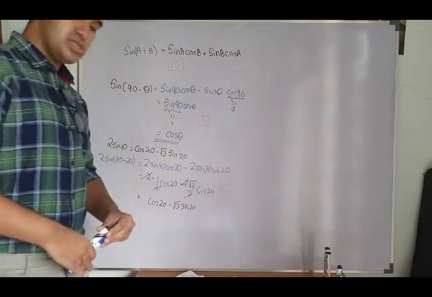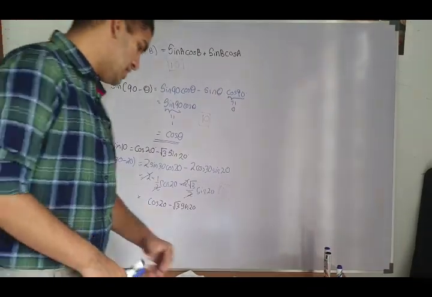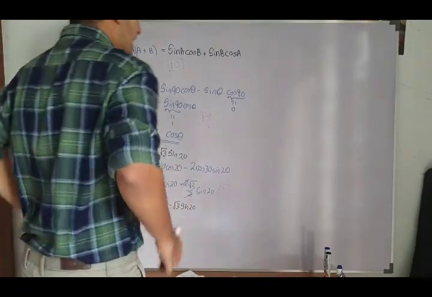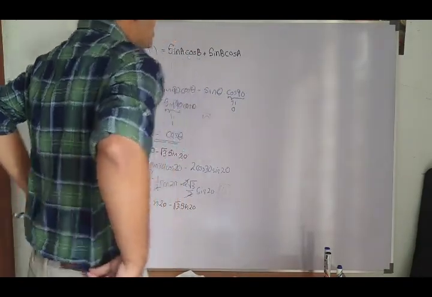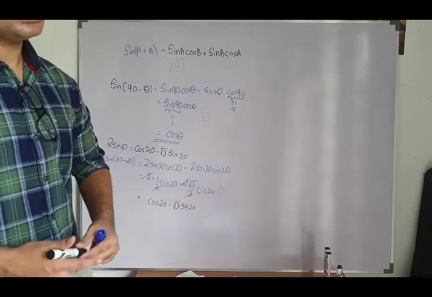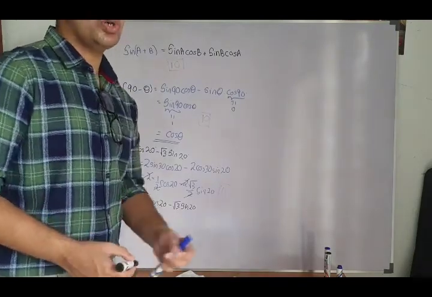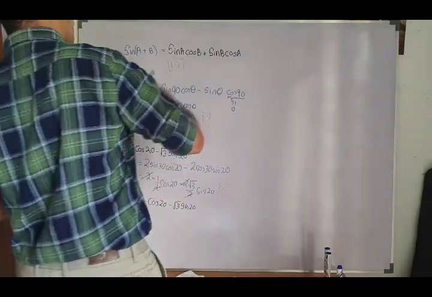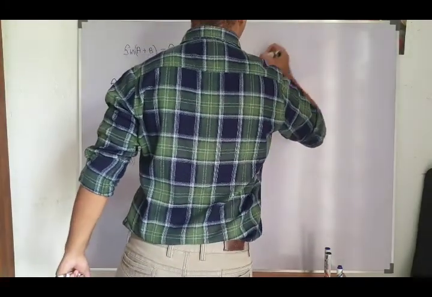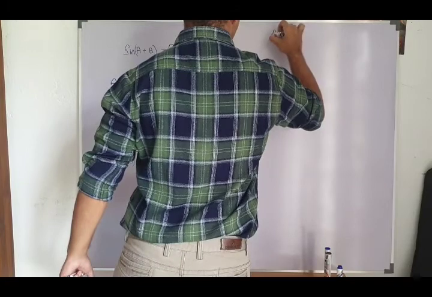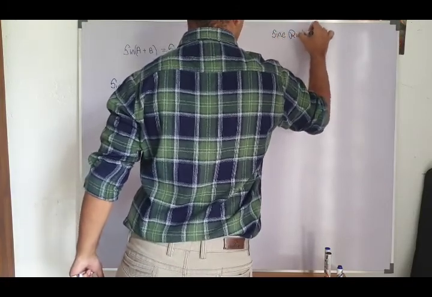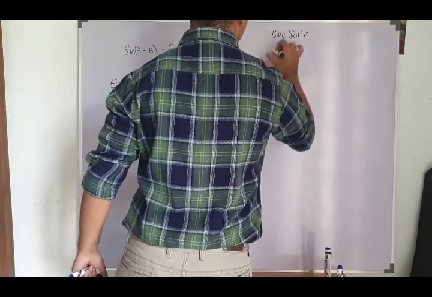So for the next question, they have given us a triangle, right? So they have given us a triangle, and we should show the sine rule first, right? We should show the sine rule. So that is one easy question, right? So for this, if we use the sine rule,